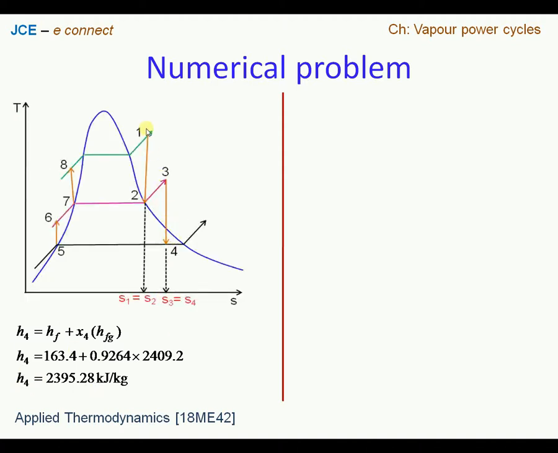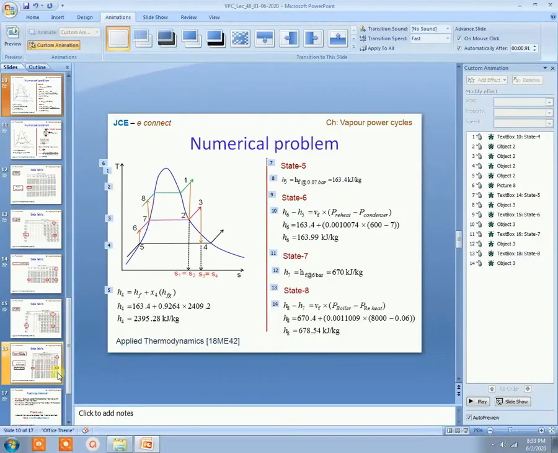We have now so far worked out 4 enthalpy values across the different state points, at state point 1, 2, 3, 4. Now we are remaining with H5, H6, H7 and H8. Now we know that H5 is exactly on the saturated liquid point, and we know the corresponding pressure existing at this point, condenser pressure, that is 0.07 bar. So referring to the tables, we can find that